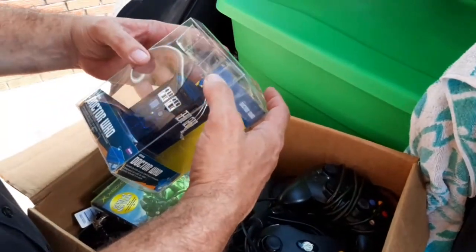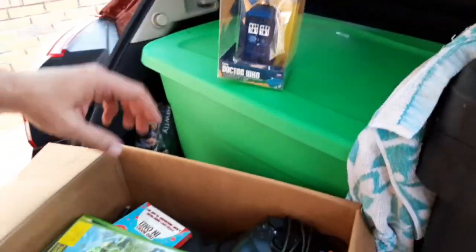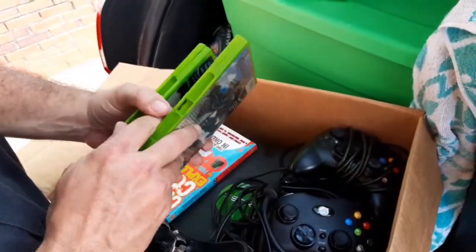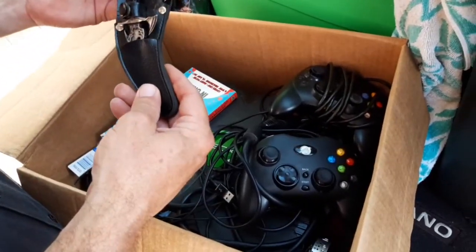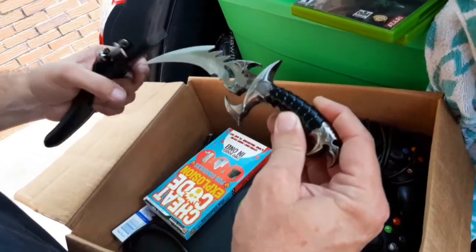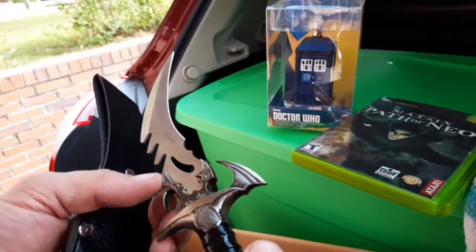Here's some more Doctor Who. It's a Christmas ornament. Here's some games. Feels like they're in there. Hey, they are. Xbox right on top here. Let's see what we got here. These aren't old. I think that says,